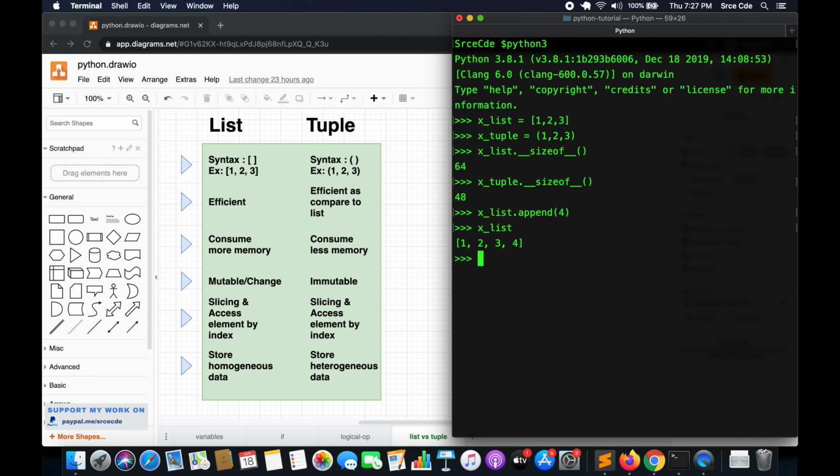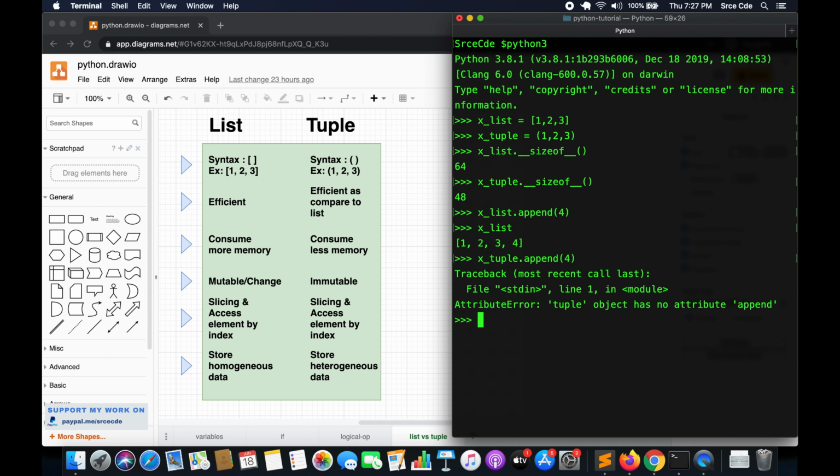If I try the same operation on the tuple, it says tuple object has no attribute append.